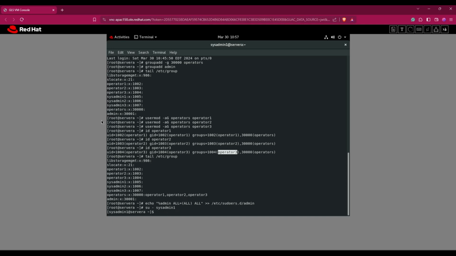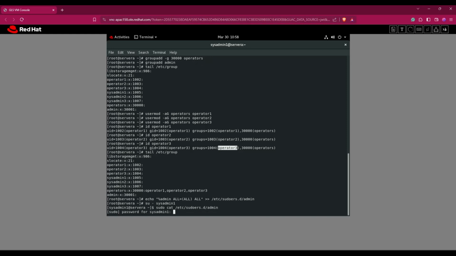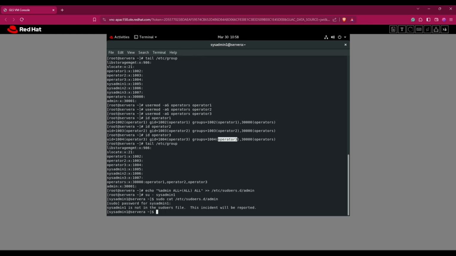Okay, now as the sysadmin1 user, we will verify that we can run a sudo command. Okay, so let's say I will run sudo cat /etc/sudoers.d/admin. We will view the content of the admin file. Okay, so we'll enter the password and okay,